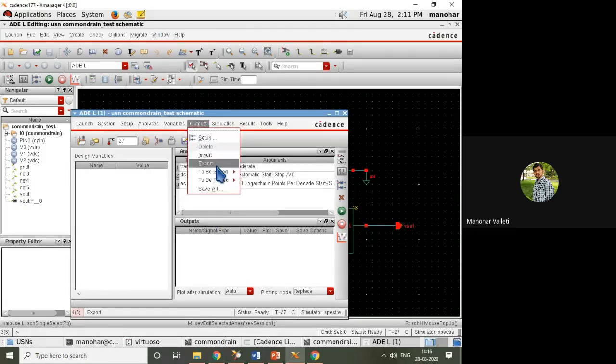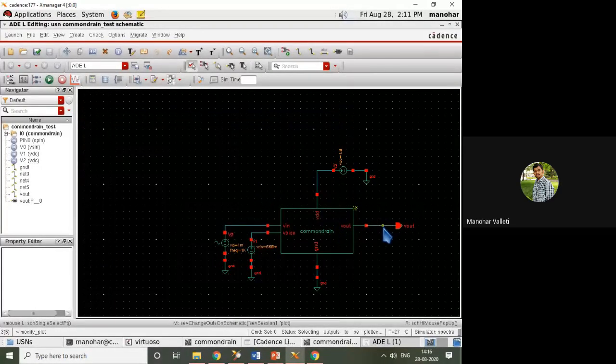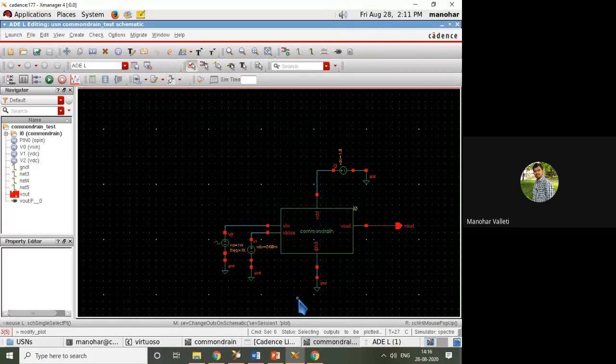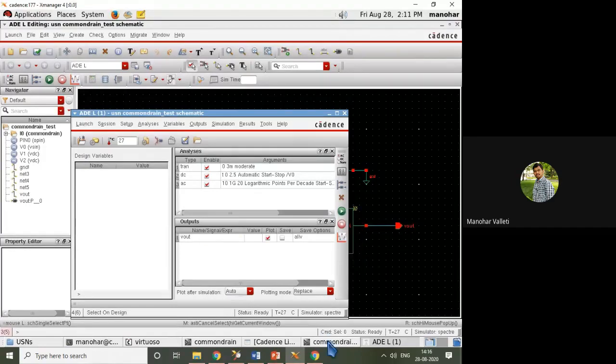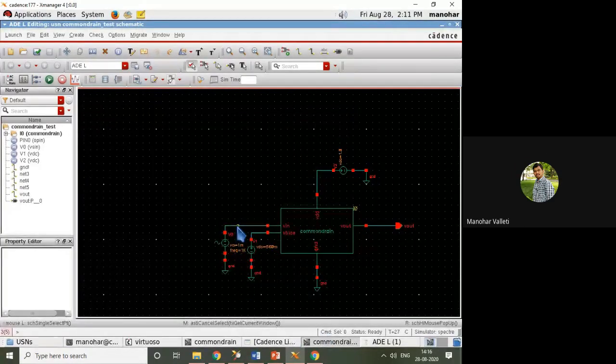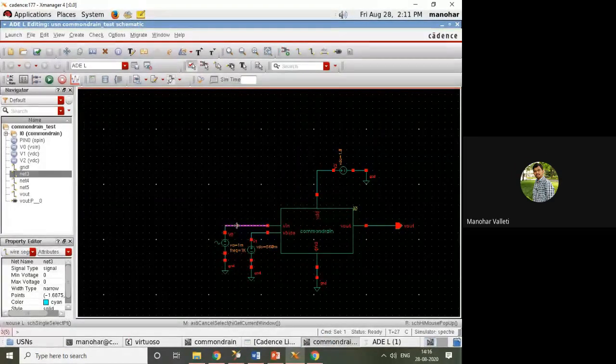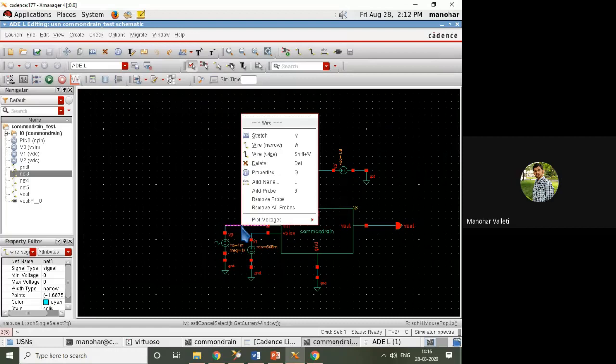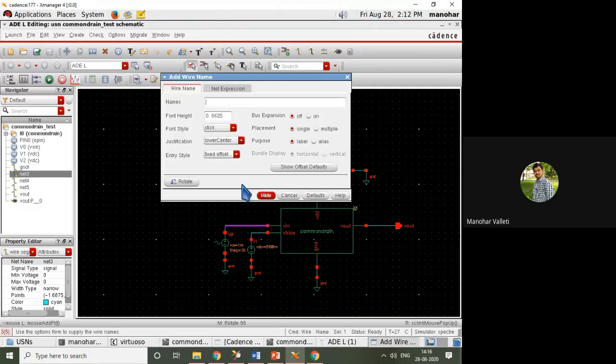So which are the outputs you want to be plotted? Output to be plotted. Select on the design. I want output to be plotted, and just the output is already selected. But you just see here, this is the input. But there is no name given to this, so it is showing net3. So if you want to give any name to that, select that. Right click, add name.